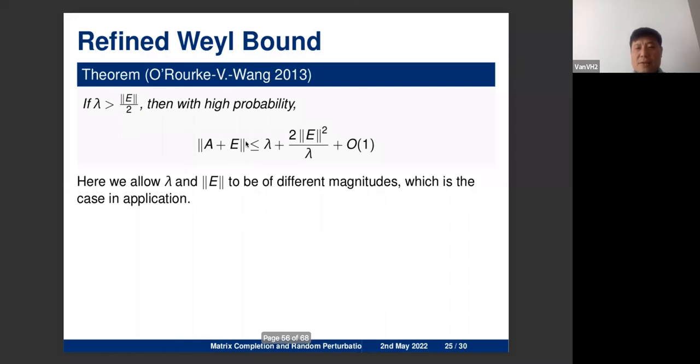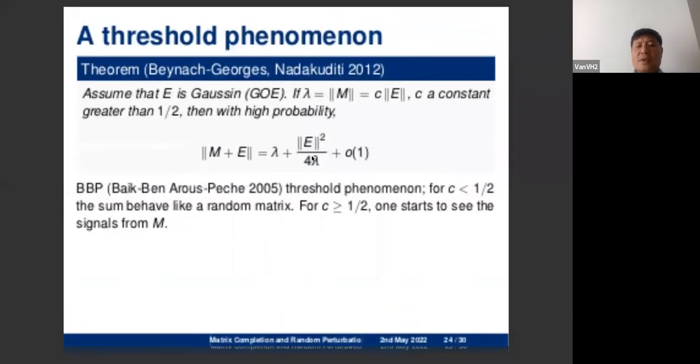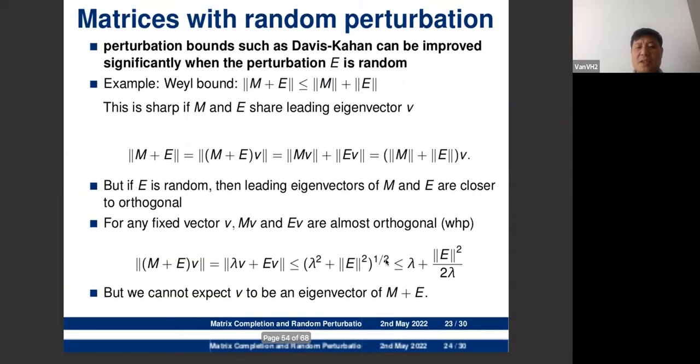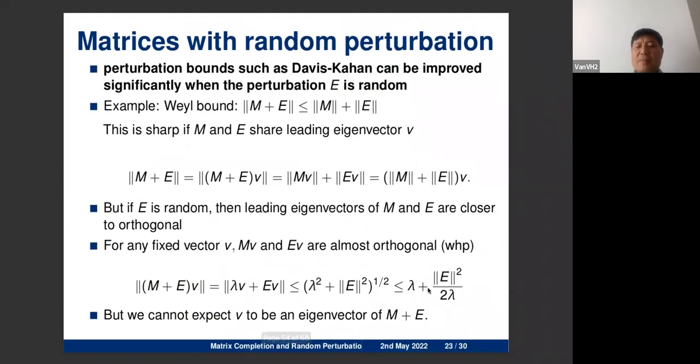Then we can bound this. This was done almost 10 years ago by Sonorup, me and Kivan. So we show that the norm of M plus E is almost lambda times E squared over lambda. So it matches this kind of calculation, but remember this calculation is fake